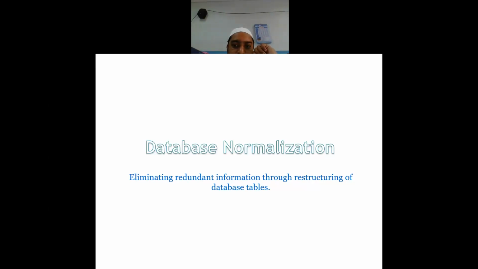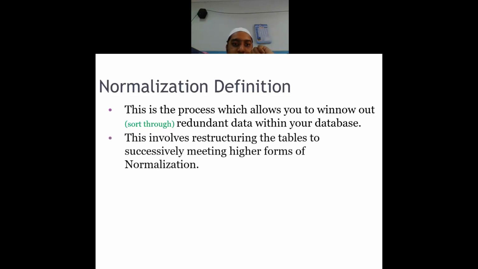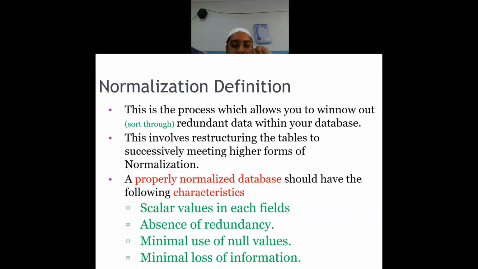what we'll try to do in this restructuring is see certain criteria. If those criteria are not being matched, then we'll restructure the table. If those criteria are matching, then we will not restructure the table. So we have seen there are four characteristics that we like to have to call a database table a normalized database table.